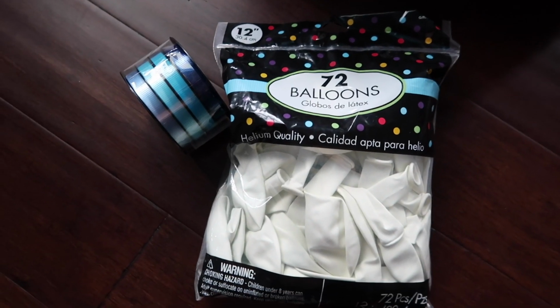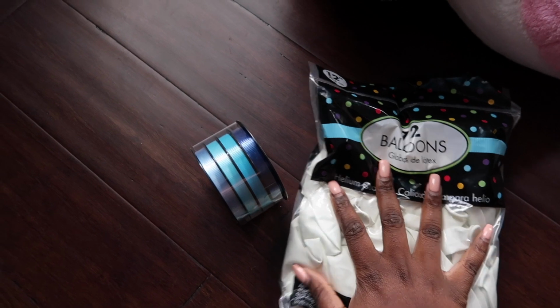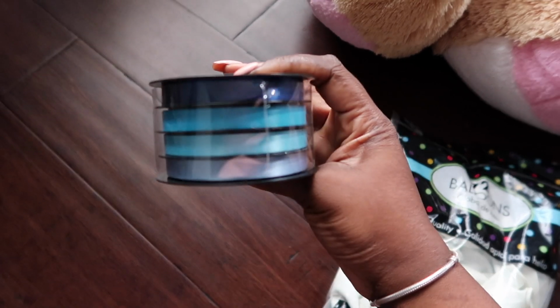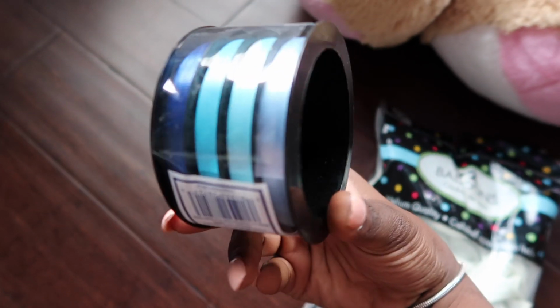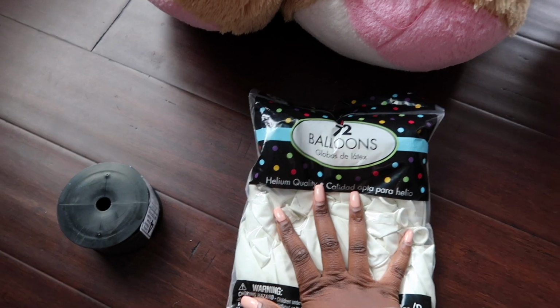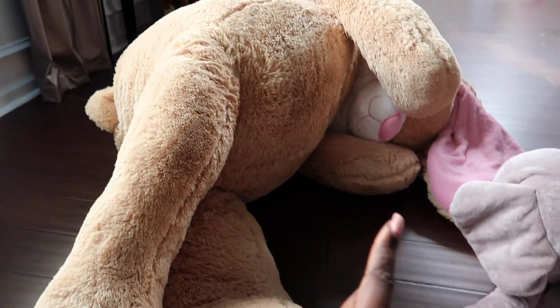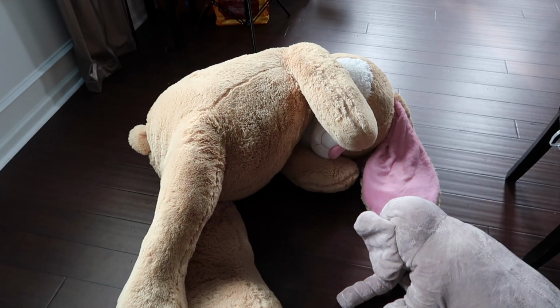Hey guys, so I am back. I ran and grabbed some white balloons for the clouds that I'm going to do underneath the stuffed animal. Then I also grabbed this ombre blue ribbon that they had in Party City. I thought that was super cute for the balloons. And so right now, before I blow up these white balloons, I'm trying to figure out something. I was going to use this huge bunny rabbit that you guys see here, but the issue is